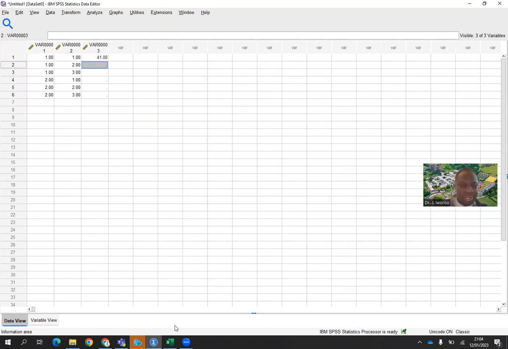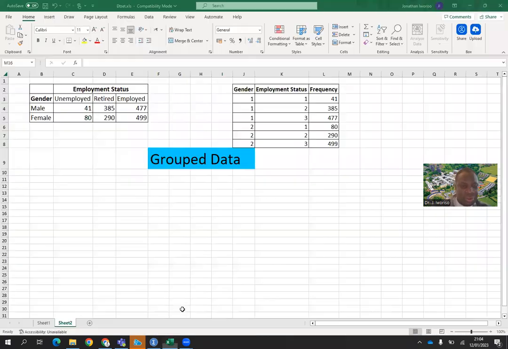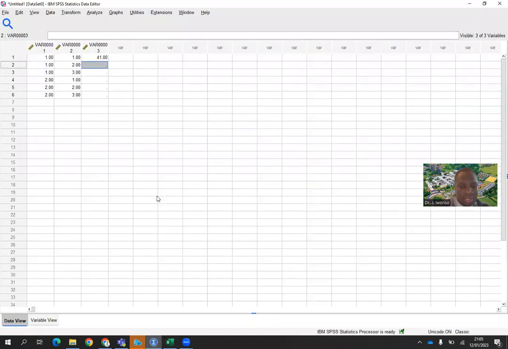You could always refer to your data set just to be sure of what you're doing. Like you could see clearly here, we've got 41, 385, 477. The next is 80, 290,